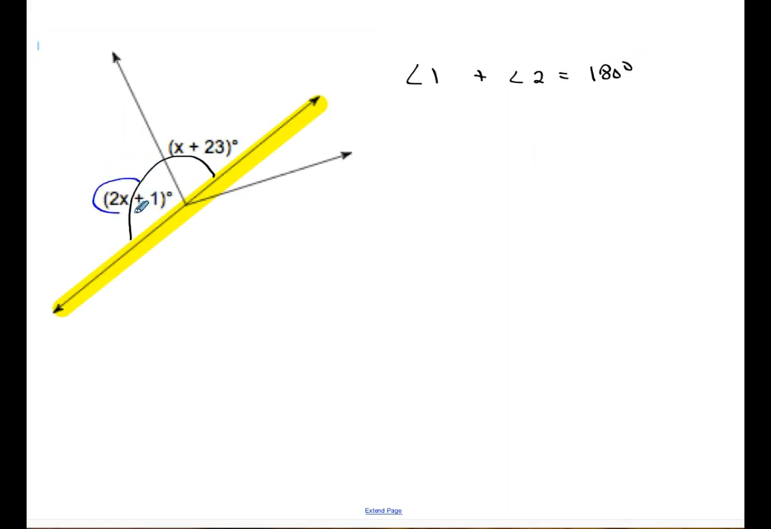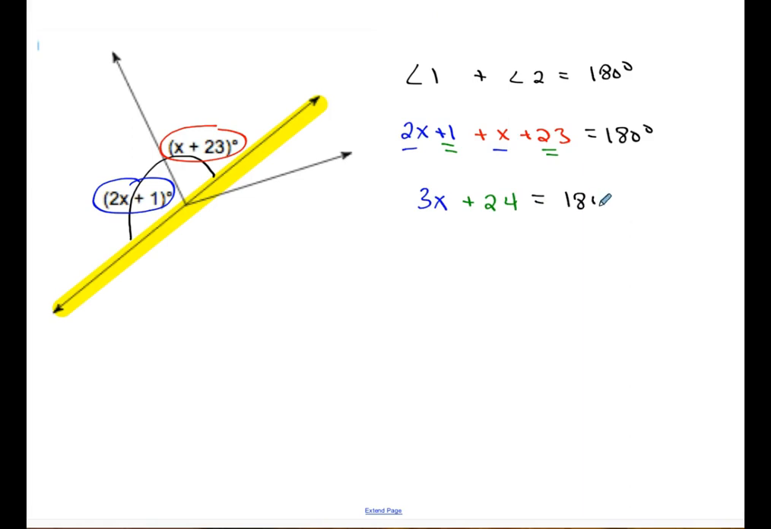Again, angle 1 is an unknown angle, but denoted by 2x plus 1. Angle 2 is another unknown angle, but denoted by x plus 23. And all together they make 180 degrees. All right, so now we can, again, solve for x or solve for the missing angles. But either way, we have to solve for x first. So let's get 2x and 1x together to combine to give me 3x. Let's get a positive 1 and a positive 23 together to give me a 24, and all equal to 180